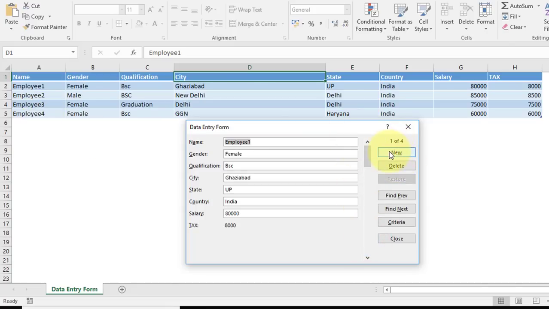Okay, as we see, using Delete you can delete the records. Using Restore, we can restore the information if we make some modification, right? With the help of Find Previous and Find Next, we can move from one record to another record. And this is the Criteria button basically. With the help of criteria, you can search. Suppose you have 1000 or 10,000 records, right? And you want to search for a specific record, or some of the records, based on some criteria. Then you just need to click on